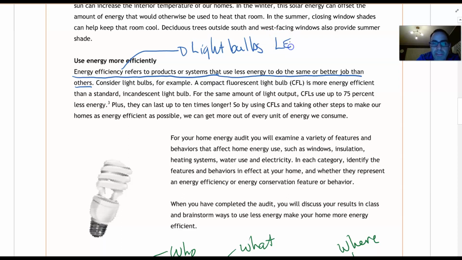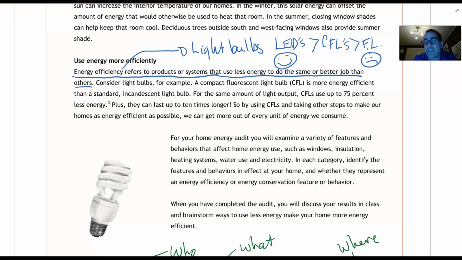LEDs are the best. And then comes compact CFLs. And then the fluorescents. Those are the worst. These are the best because they use less energy. So it's a more efficient system, and you can change out your old light bulbs as they burn out and